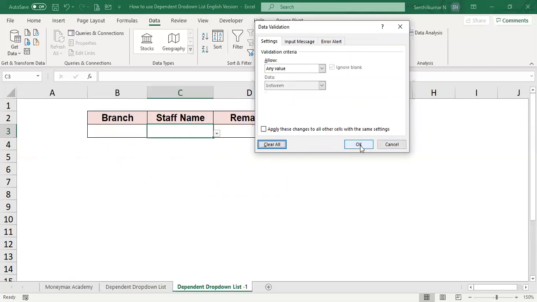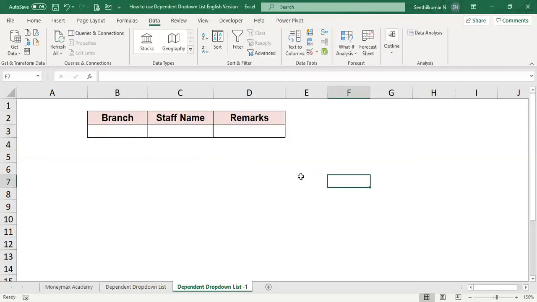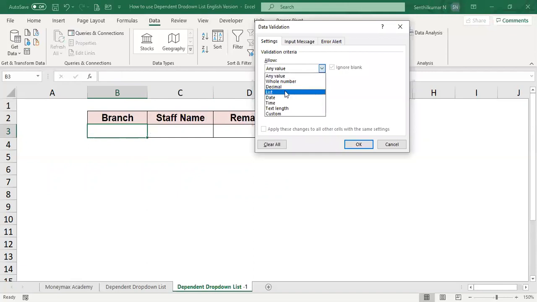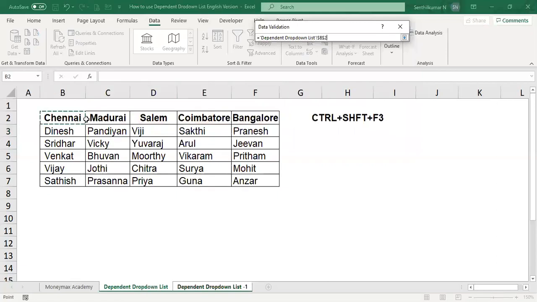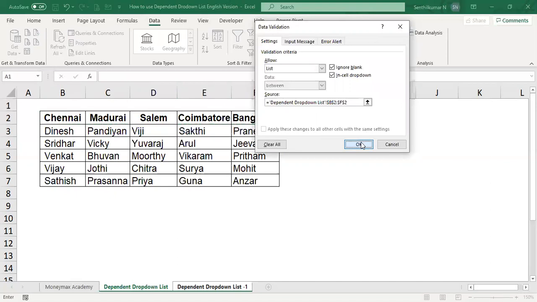Clear. Everything okay. Now we want to do the data validation. First step, give the data validation for the branch name. So you have to give the list. Chennai, Madurai, Coimbatore. Enter. First step over.